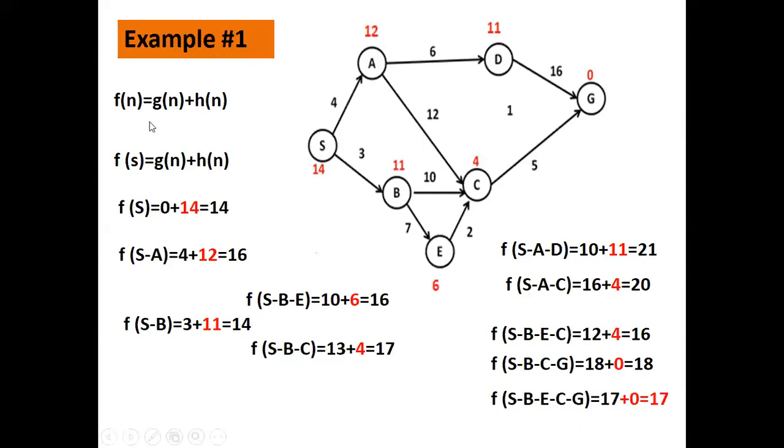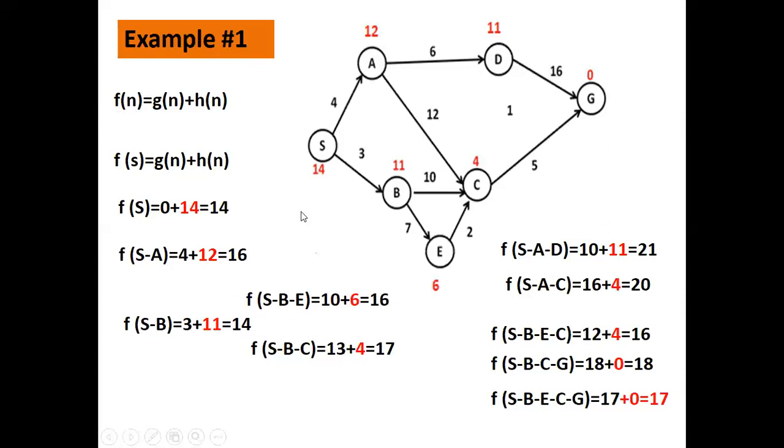So what we did is just follow this formula. This formula calculates the cost of each node. G of n gives you the actual cost, and H of n gives you the estimated cost. G of n gives you the cost from the source to the node n, and H of n gives you the estimated cost from that node to reach the goal node. This is what we have applied.